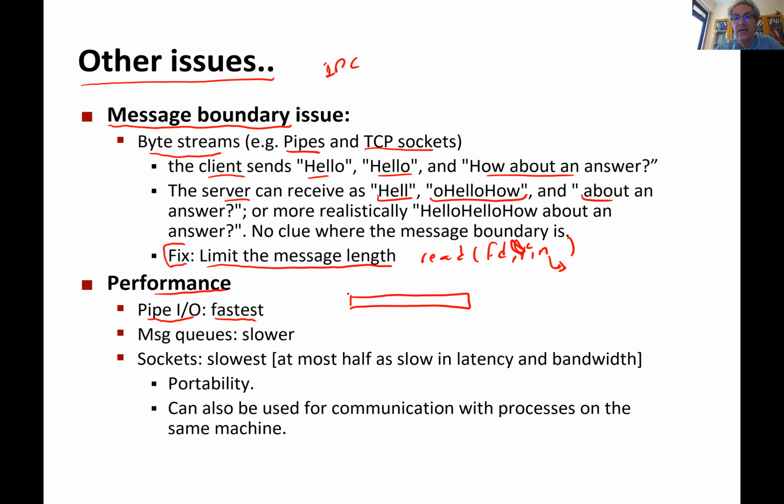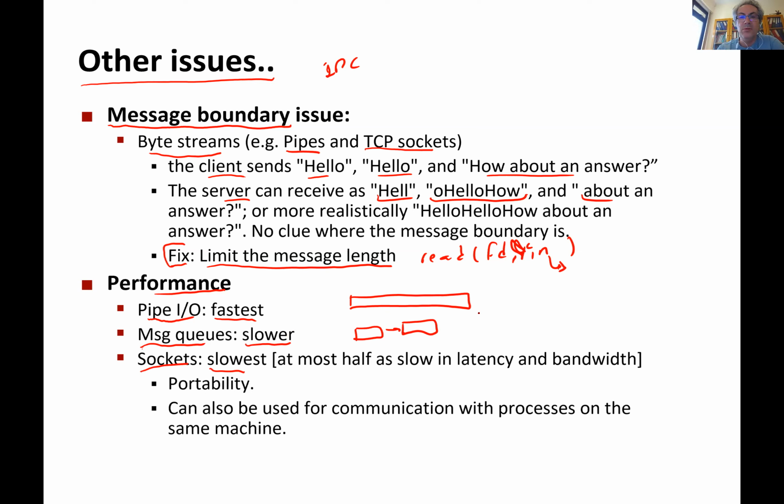Okay, so it doesn't have too much of an overhead. Message queues, on the other hand, are slower, because a lot of synchronization is needed, since you're talking about these packages that are being queued, hence it has more overhead. And among them, sockets are the slowest,